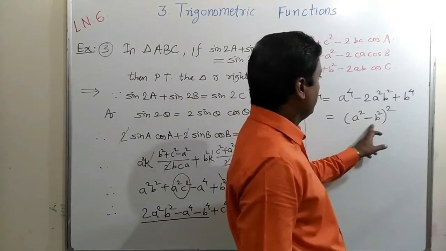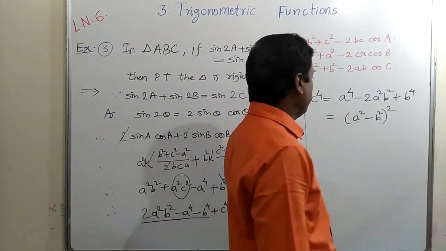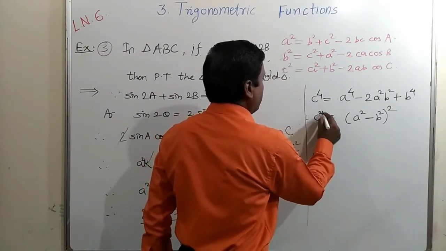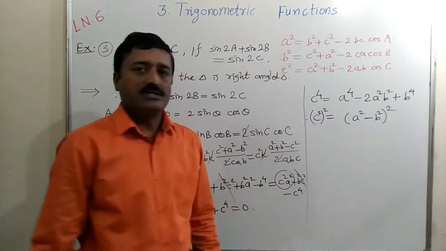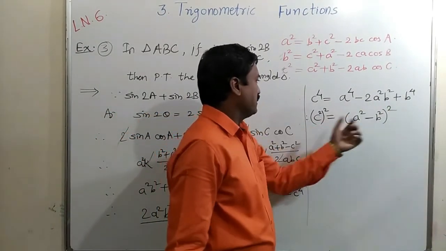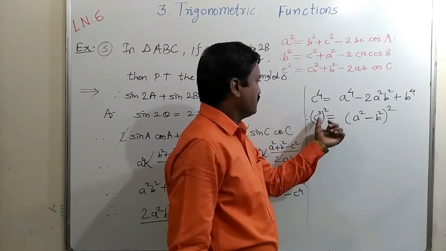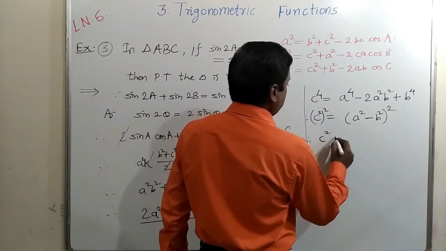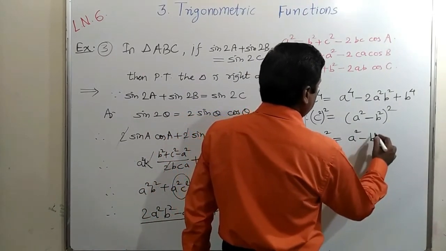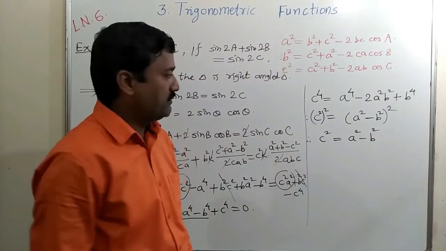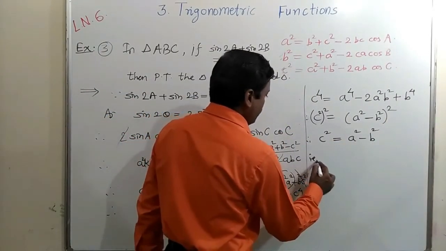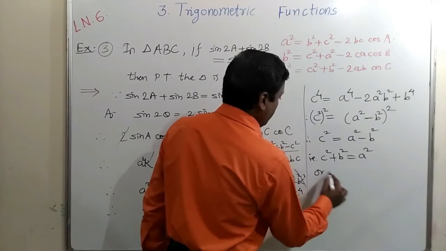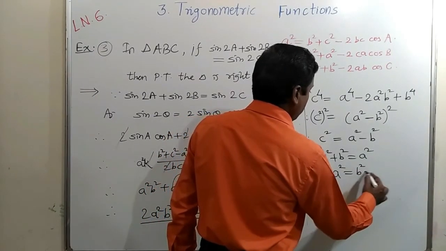Simplify this, we get a raised to 4 plus b raised to 4 and minus twice a square b square. So this is c square and its square. C raised to 4 means c square bracket square. So both squares are here and a, b, c are positive. So this c square is also positive. Therefore we get here c square is equal to a square minus b square, by taking square roots of both sides. That is c square plus b square equal to a square,